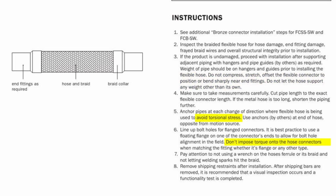It is also important that the connector not be twisted. The instructions say to avoid torsional stress and to not put torque on the connectors. And of course, any shipping restraints or bars or blocking should have been removed. These are often tack welded to the braid collars on either end and are easily cut off once the connectors